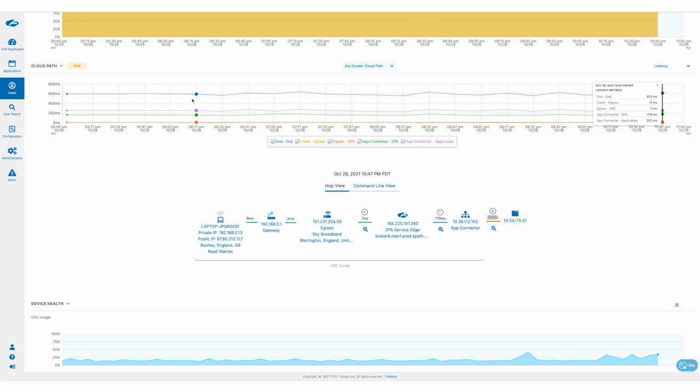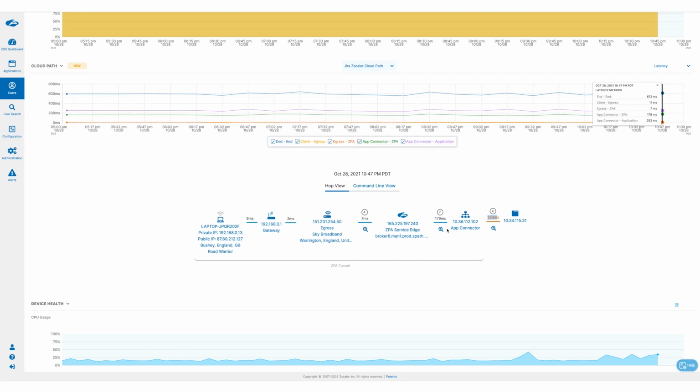So by doing an optimization here and connecting the service edge in Europe to the broker in San Jose or San Francisco, this user would improve the experience, and we can optimize the deployment. So this is an interesting finding that we've seen with ZDX. And again, new integration, full end-to-end visibility.